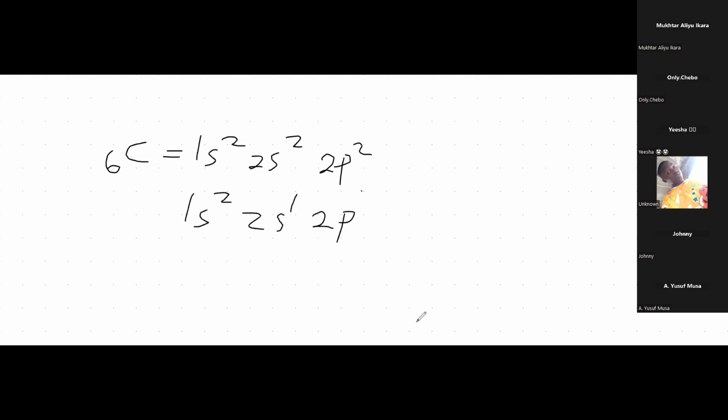So that means that here we have only 1 electron, and here we are going to have 1, 2. So we have 1 lone pair of electrons here, another pair of electrons here, then another pair of electrons here. So now there may be a